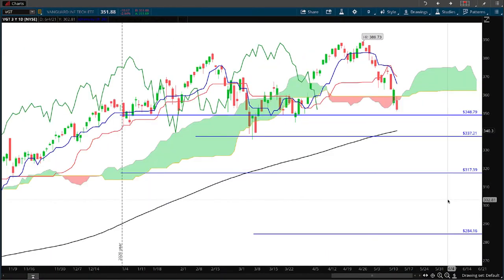Here are our support lines brought over onto a daily chart so we can see where they are. The first line is directly underneath market action right now, so we'll see if we have any kind of stall at this point. If we fall beneath it, then it'll go from being a support line into being a resistance line above us. We do have the black line down below. That is our 200 period simple moving average, and there is a slight chance that it can provide support as well